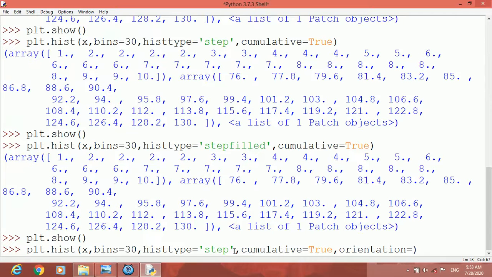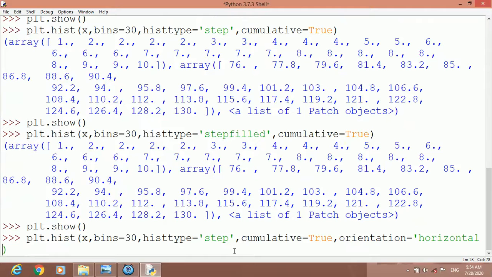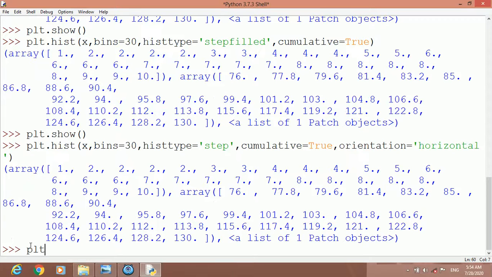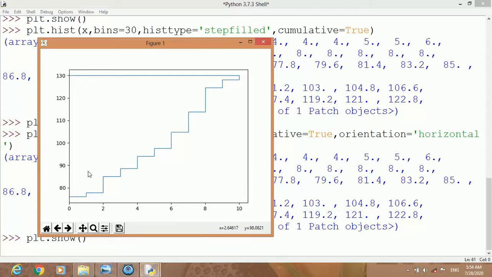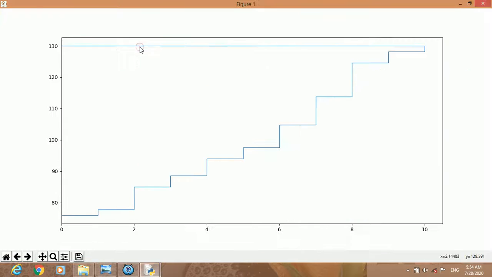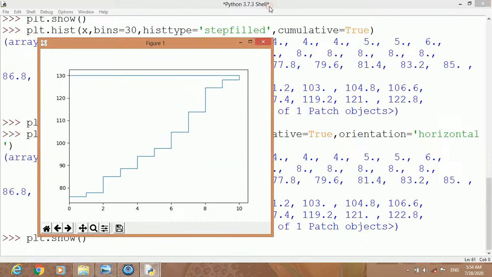Orientation equal to horizontal or vertical. Vertical is already shown. Now let us write horizontal. Okay, now press enter. Now show the chart, plt.show. So now you can see the same histogram in horizontal manner. So that is the orientation attribute.